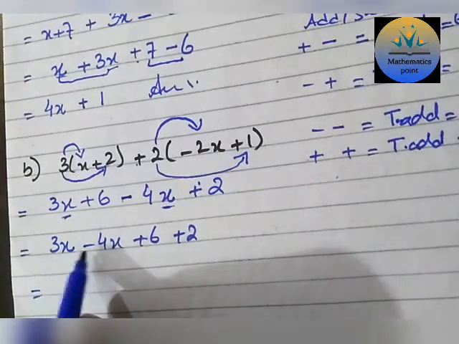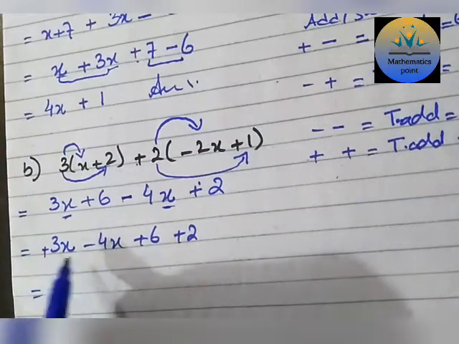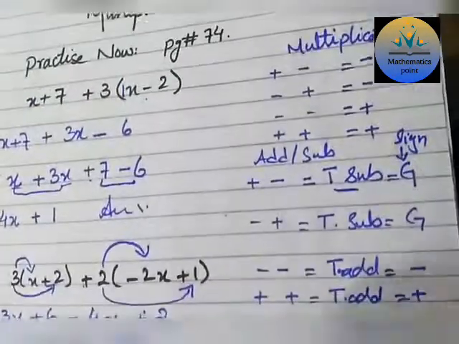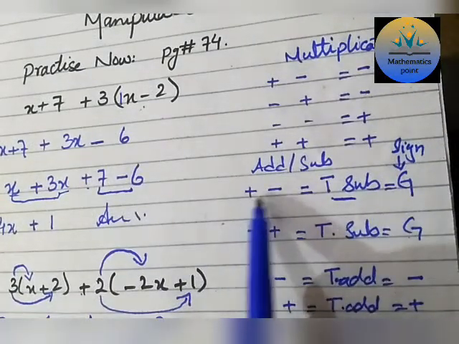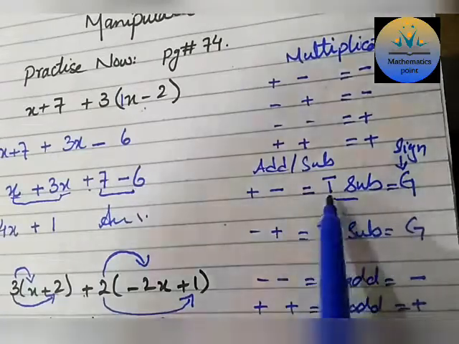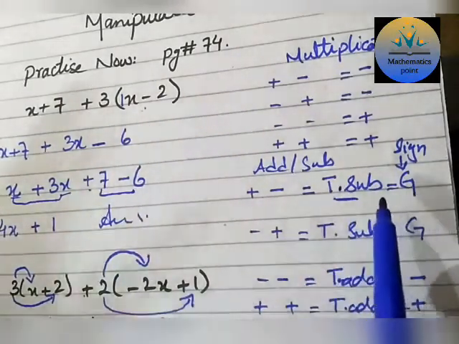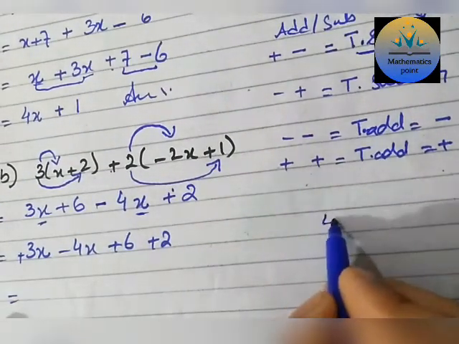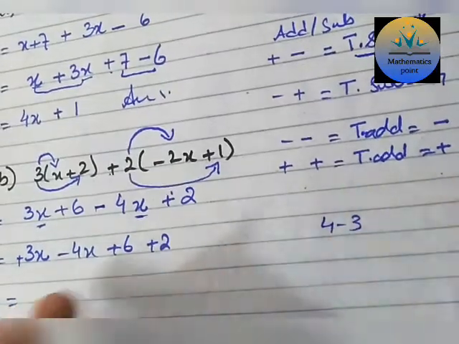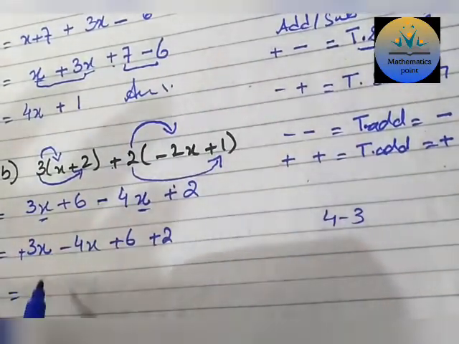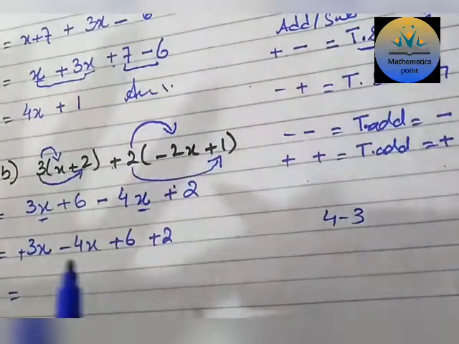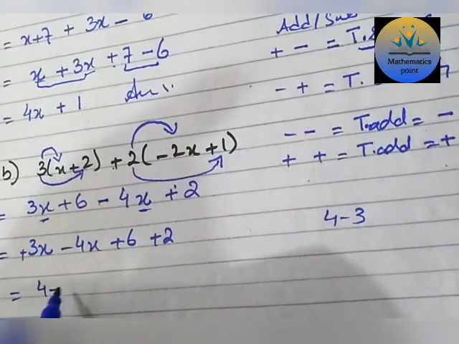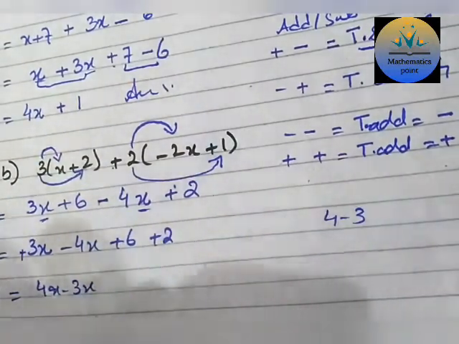Now we have 3 and 4, with 3 having the positive sign and 4 having the negative sign. Again the two terms have opposite signs, plus and minus. Look at this rule, plus and minus. Whenever there are two opposite signs in addition and subtraction, it means that the terms will be subtracted. So you have to subtract the terms. Now most of the students write it in this way, 4 minus 3. No, there is no need to write this in that place. You have to focus on your signs. Although in that case we subtracted 3 from 4, you don't need to write 4x minus 3x like this. No, you can't change the sign here.